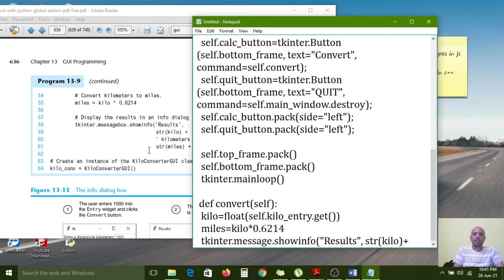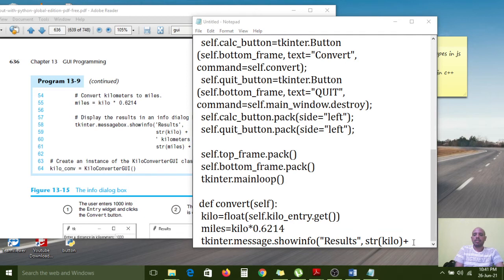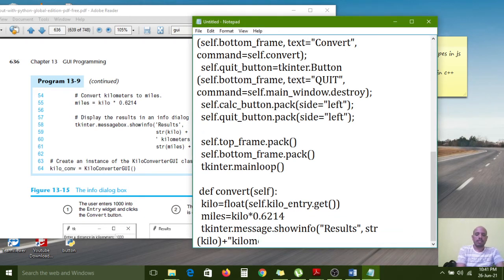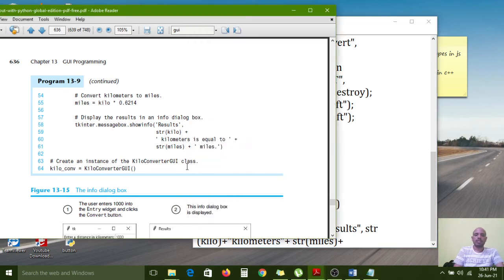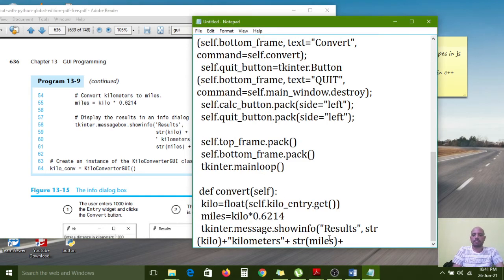Plus "kilometers" in double quotes, plus str(miles), that miles is also printed, plus "in miles". So that message will print in the showinfo dialog box.